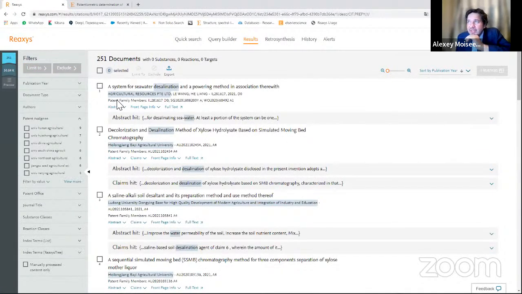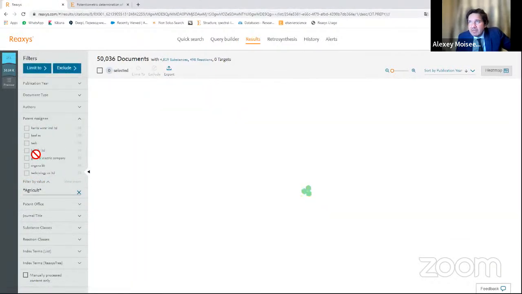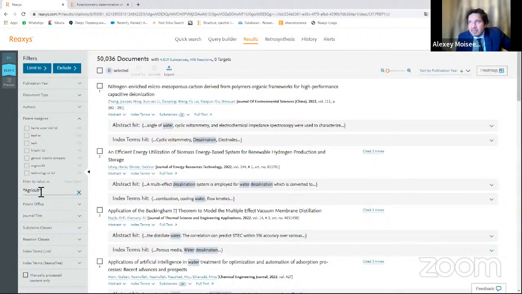We have 200 documents for agriculture. And the same way, we can place, for example, food, and for example, biotechnology. We can also easily place here biotechnology or biopharma or something else, or nanotechnology.